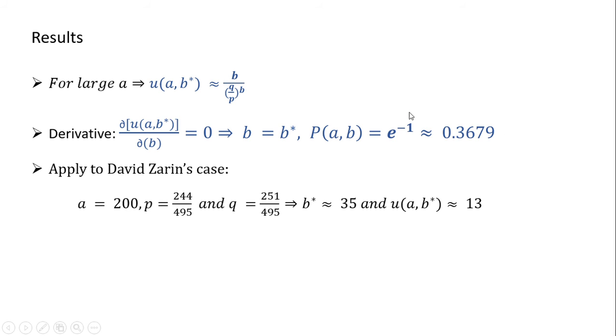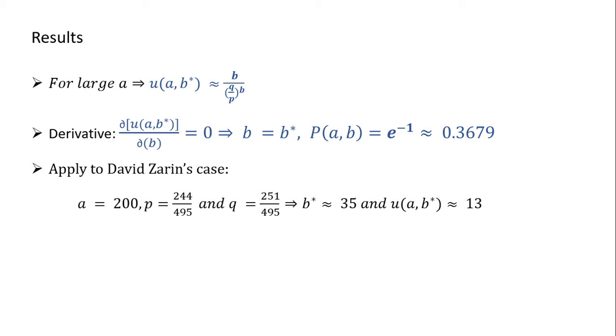0.3679 or e to the minus 1, and we can apply this to David Zarin's case with the variables of A equals 200, P equals 244 divided by 495, and Q as follows. We found that B star equals 35 and UAB star equals 13. This means that the value of the credit line extended by the casino is about 13 units of money. Each unit of money represents $15,000 as we said earlier, so we can conclude that the $3 million credit line extended to Zarin by the casino can be valued at